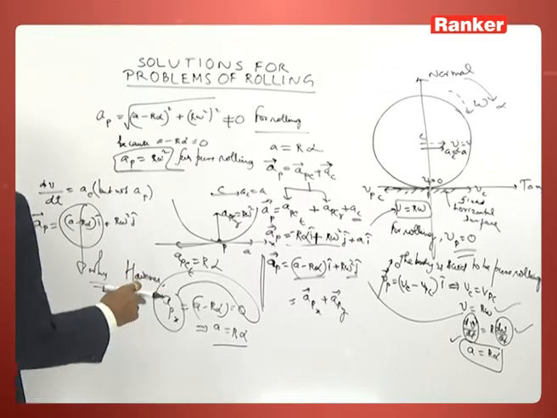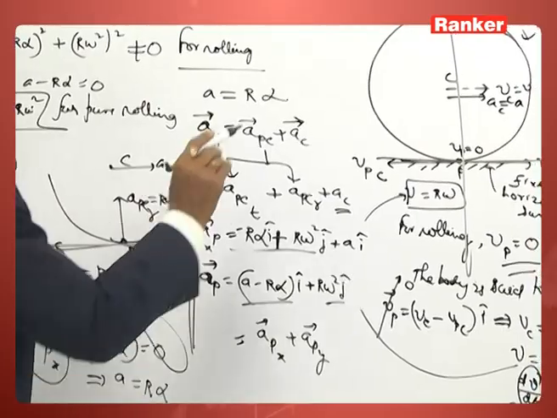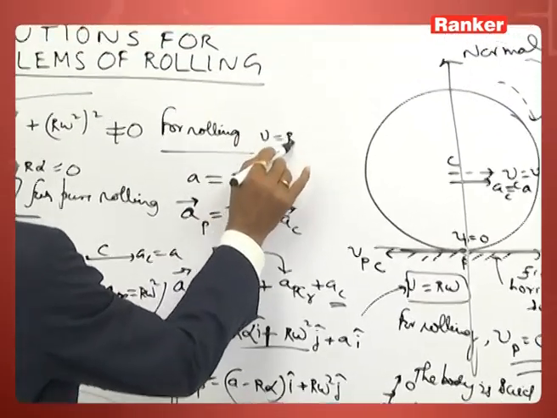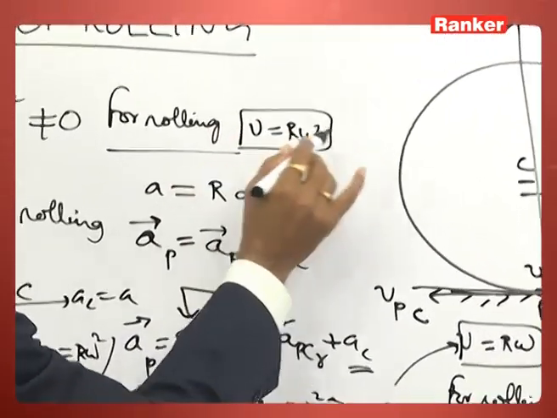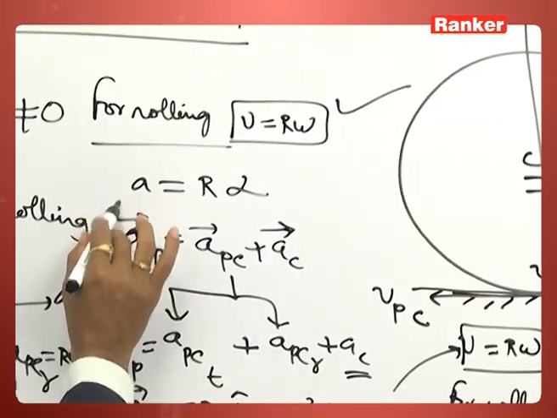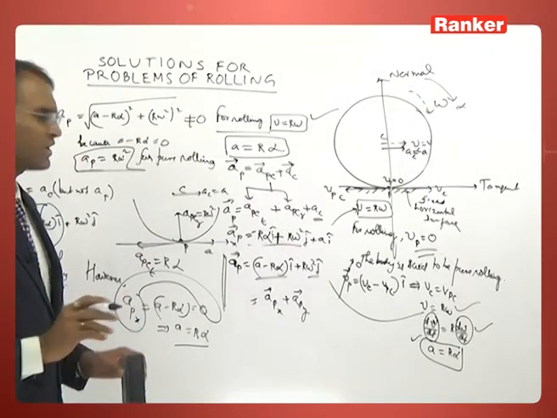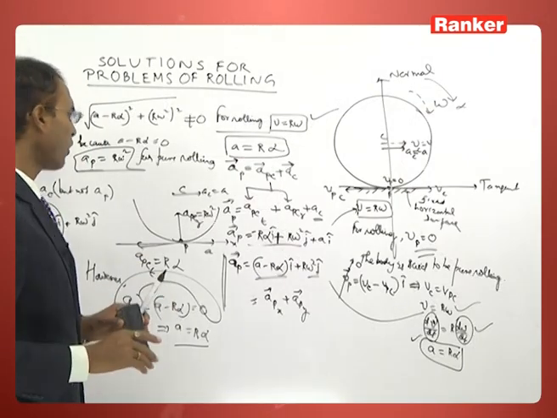Let me continue the discussion for rolling. V is equal to R omega. This is easier to understand, but it is not so easy to understand why A is equal to R alpha. But if we follow logically,